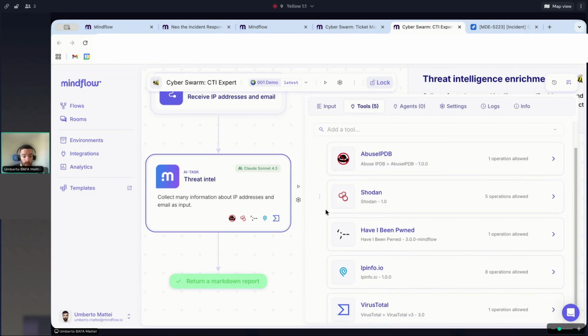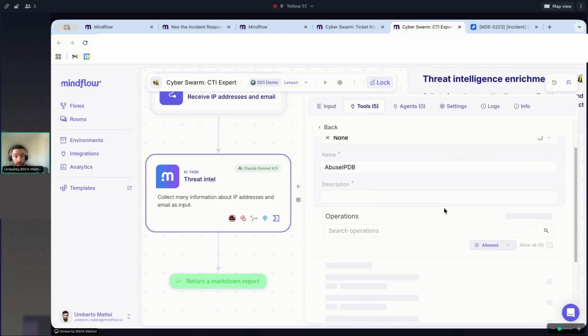As a reminder, with Mindflow, we developed a technology that is capable of generating connectors for any application that exposes a REST API and whose REST API is documented. This helps integrate and match 100% of the application stack of the company. And we don't stop there, especially when it comes to security.